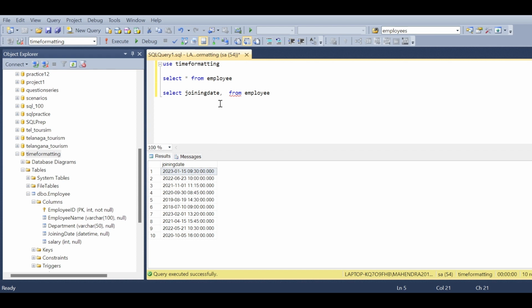For that we will be using standard functions like FORMAT or CONVERT, and you have to mention what is the data type of that particular column, that is datetime, and you have to mention what is the column name, that is joining date. So you are converting this joining date, and you should mention what format you are going to convert to, that you have to mention here. Like you can mention month. Now if we execute this one,